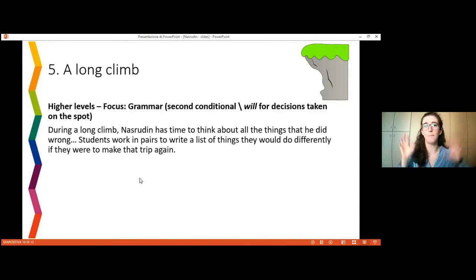So he's climbing up. It's a long climb, and Nasrudin has to think about all the things that went wrong during his first trip there. So my idea is that students could work maybe in pairs to write a list of things that they would do differently if they were to make this trip again. So using the second conditional and will for decisions taken on the spot, or which one, the one you prefer. Write in the chat, what would you do differently? And while you write, I'll tell you that a big one with my students is if I were to do this trip again,